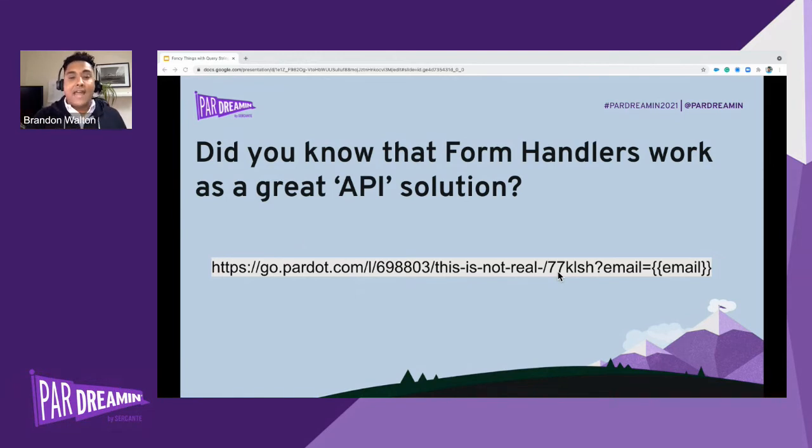I can use a form handler, post to that form handler, and we're going to treat that as a Pardot action. So from that form handler, we can add Brandon to an engagement program. We can assign Brandon's user. We can do all of the great form stuff that we're doing inside of Pardot using a form handler, and that allows us to integrate things a lot quicker and a lot faster. We don't have to do all of the authentication steps that come along with the Pardot API.